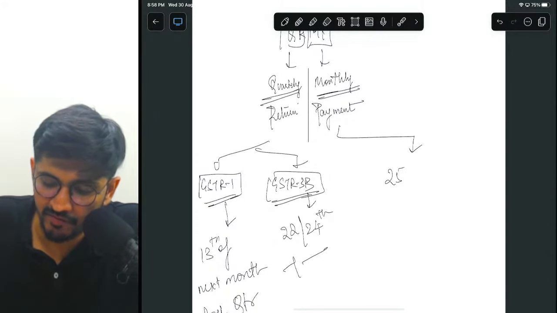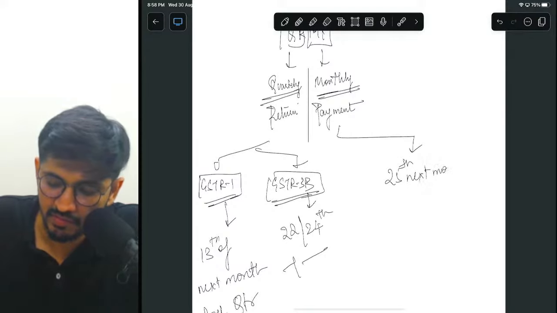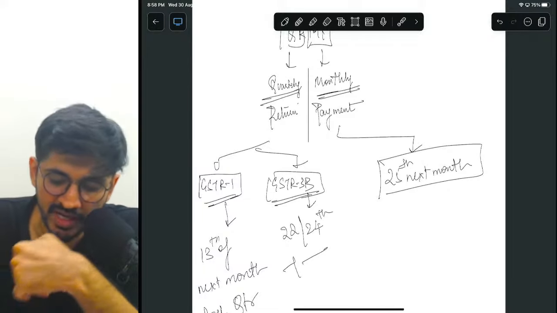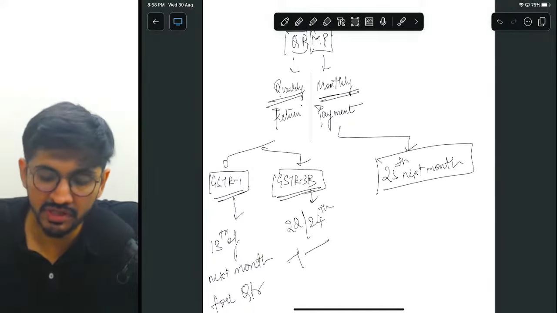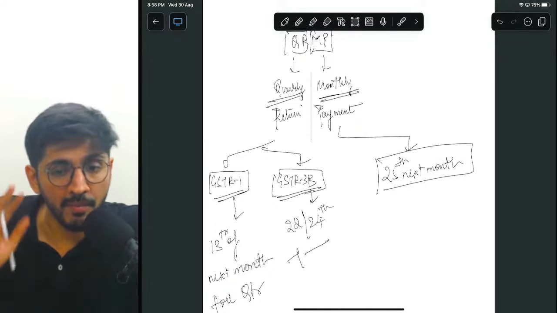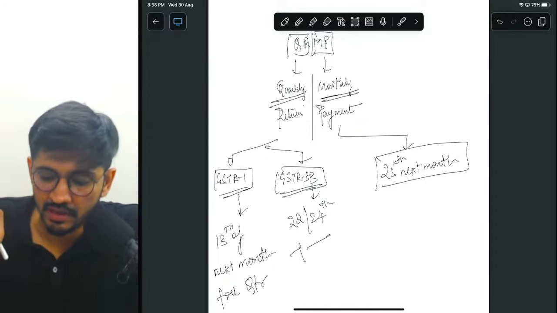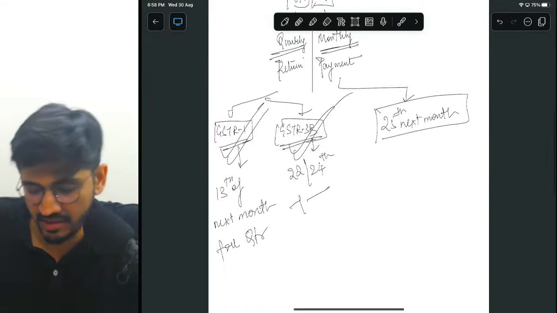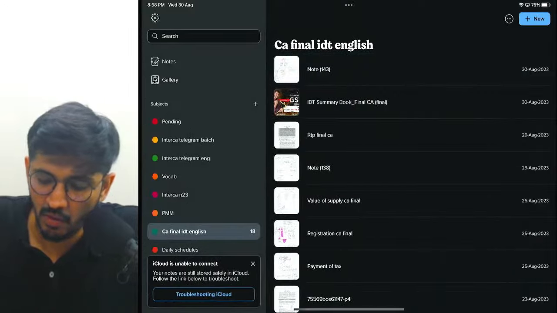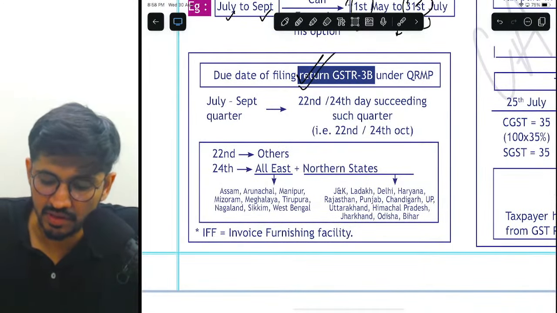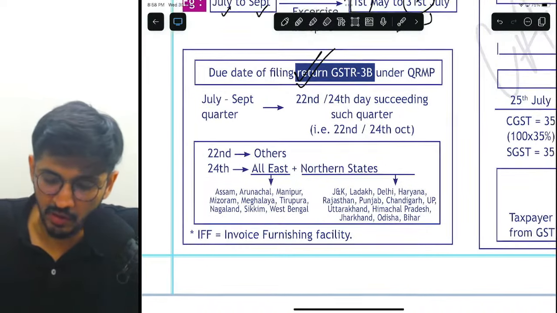Payment will be on the 25th of the next month. So instead of the 20th, it will be the 25th, because the returns are quarterly but the payment is monthly. Payment will be on a monthly basis only. It is the returns that you are filing quarterly. Now understand one thing, my dear friends: when I talk about 3B, I also talk about